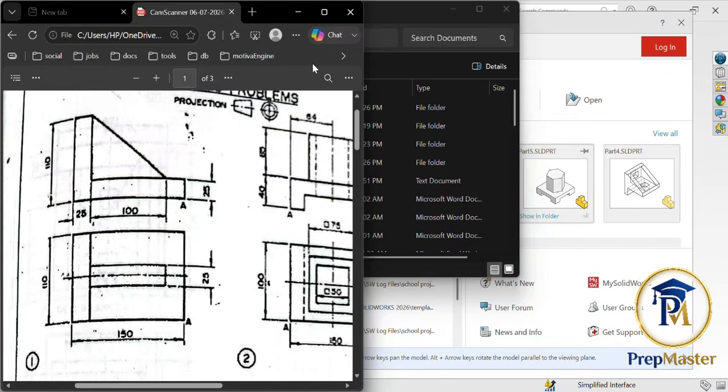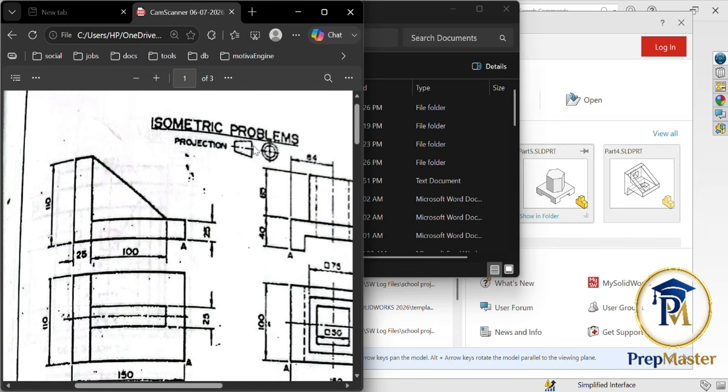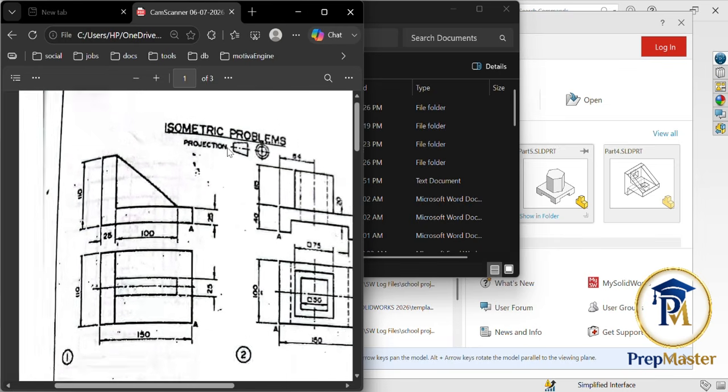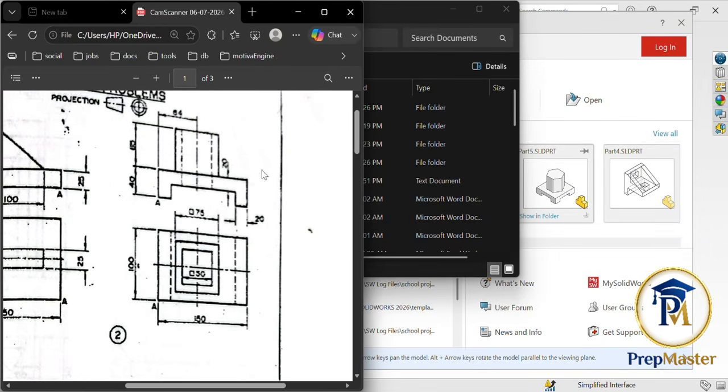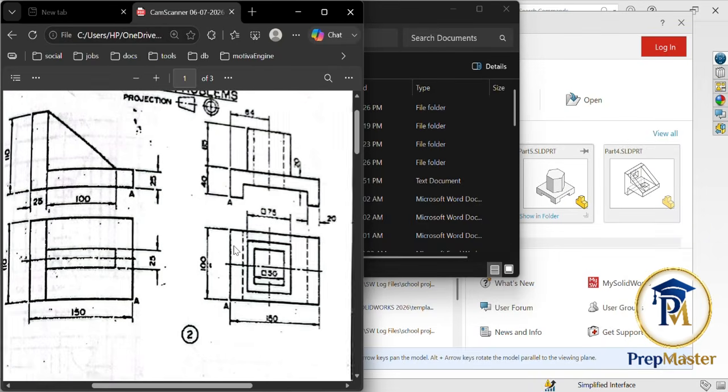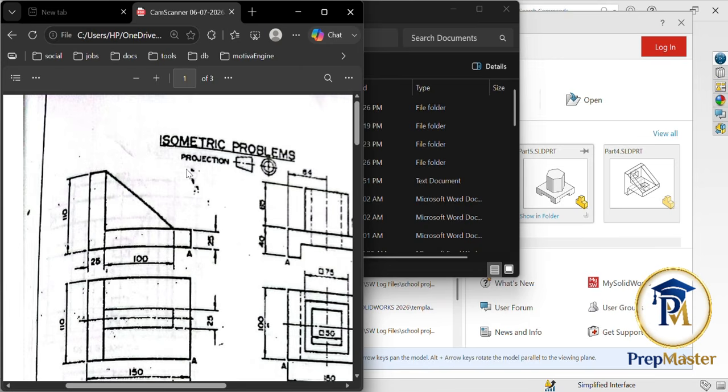Hey guys, so let us get to work here. So they asked us to produce this. We are given some isometric problems, and on page one of this PDF we have the list of isometric problems, and all the isometric problems on this page are given to us in first angle